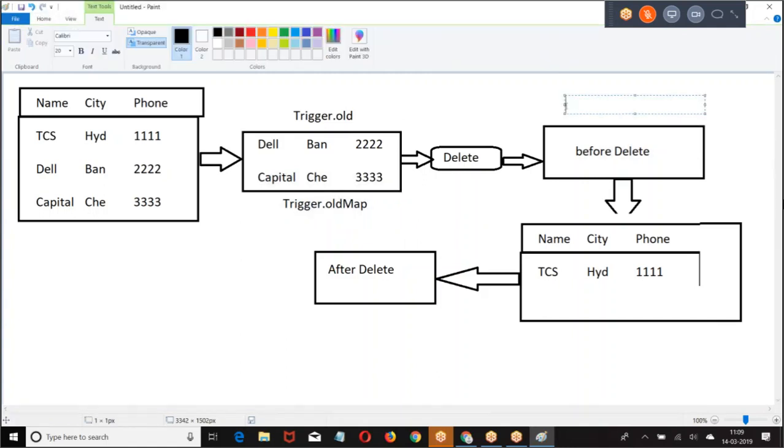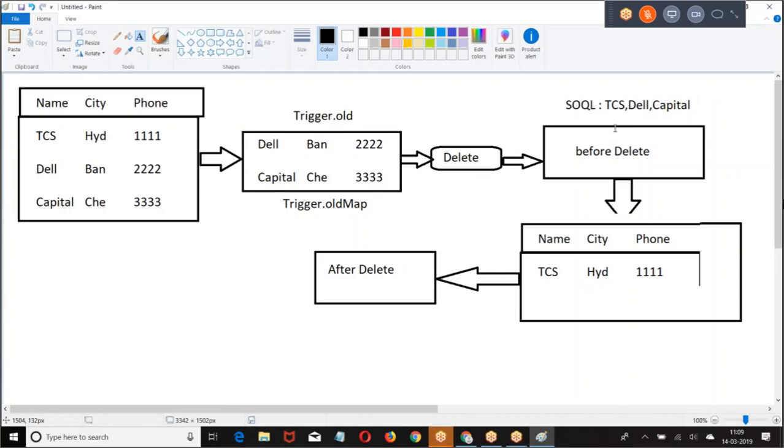Now, in the before delete trigger, if I write a SQL query, which records will I get? TCS, Dell, Capital, because the records are not yet deleted.